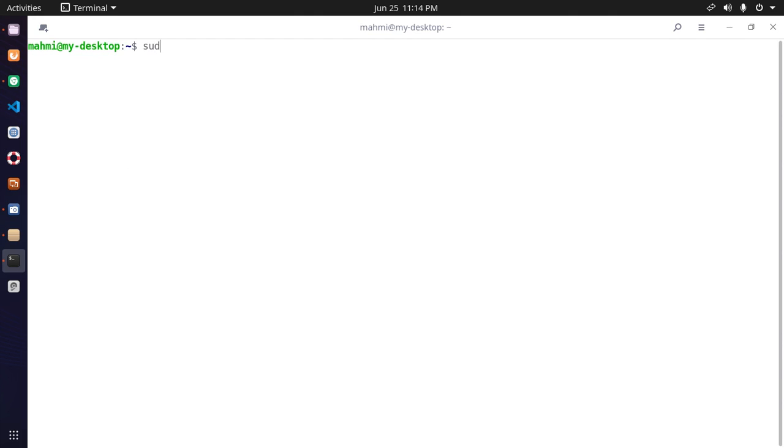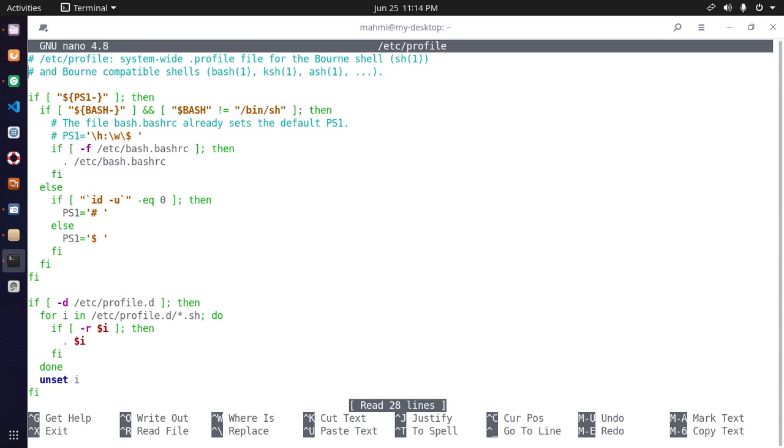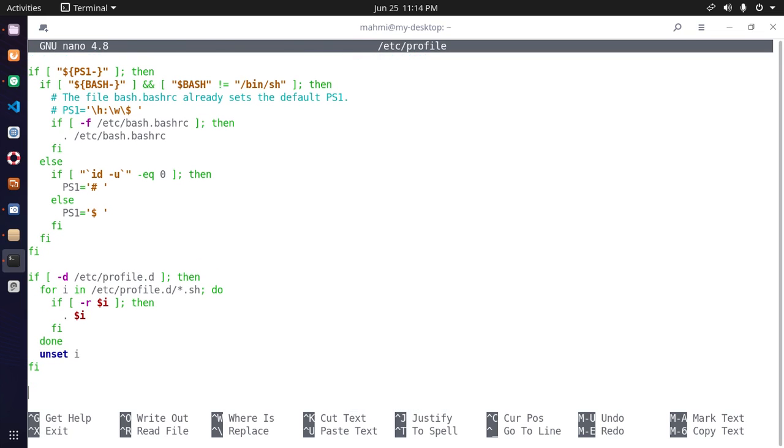Use this command, sudo, and then use a text editor and then browse the directory. Okay, now hit enter. Enter your password, root password. Okay, now scroll down